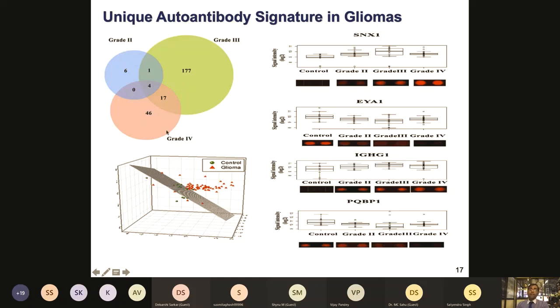And then in grade 4, most of the time things are getting shut down, and patients are really at the dying stage. Not too much response we can see. So it was quite mimicking the actual patient's trajectory, based on the clinicians' input as well. So we were very happy with this information. And some of these proteins, as you can see, after a lot of hard work, only a few showed a trend which looks interesting.